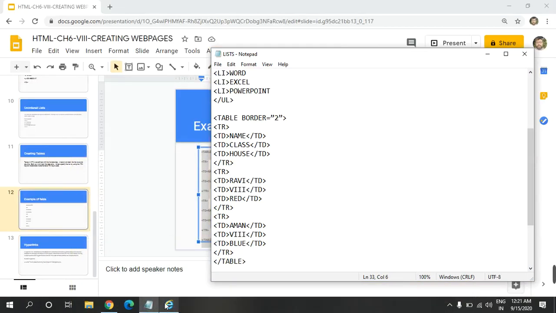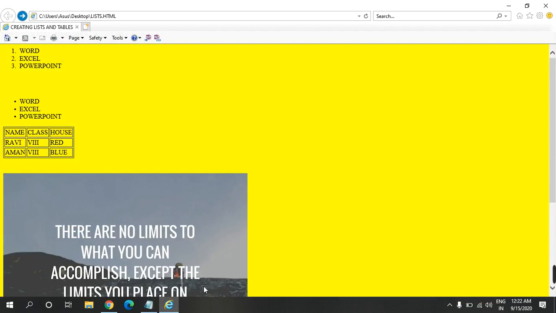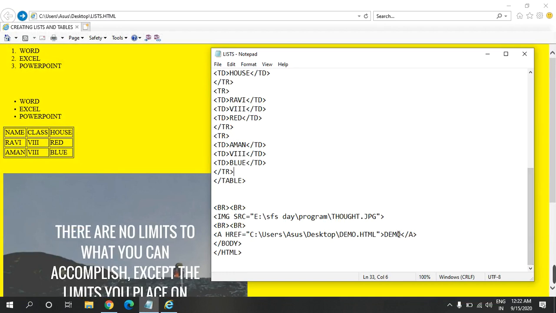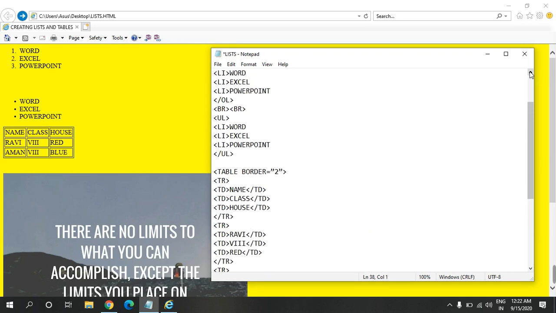So here we have seen all. There is one thing left, how to put a background image. Here we have seen that we have inserted an image. So let us remove this image from here and let us put this image in the background of the web page. Okay, we are copying the path and we delete this. It will not look good. So we will put the image in the background. The same image we had put on the web page, now we are putting it in the background of the web page.